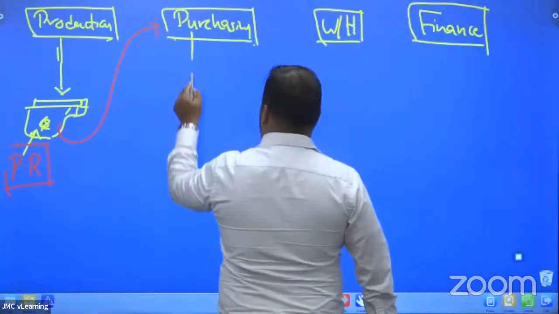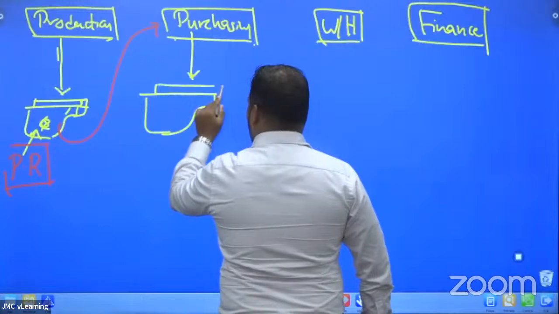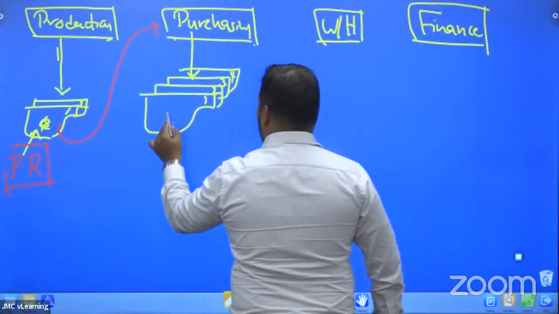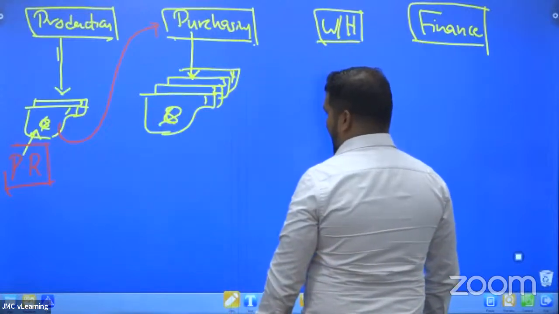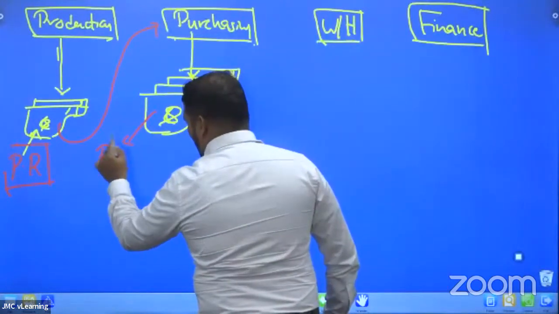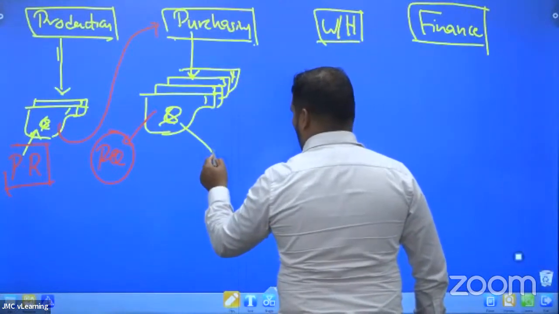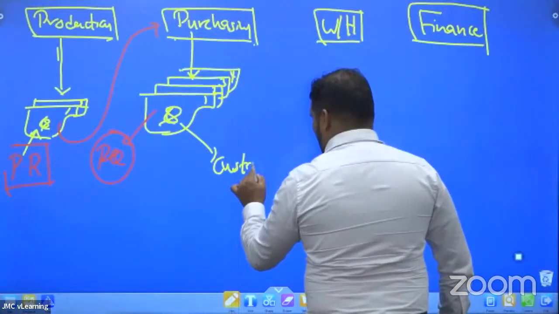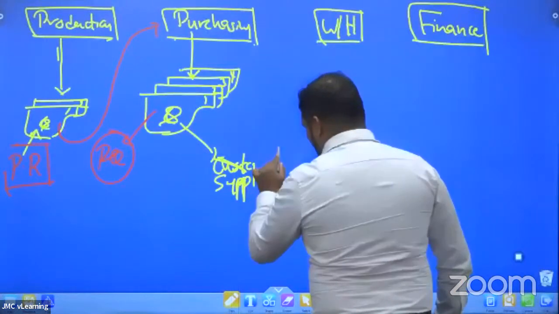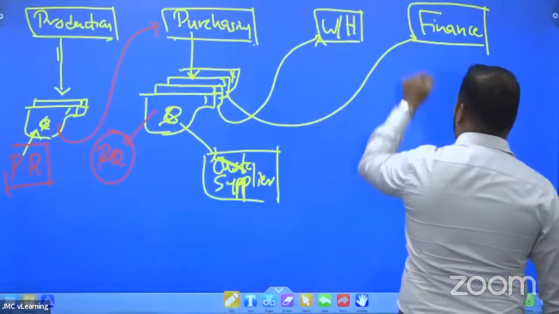Based on the purchase requisition received from the requesting department, the procurement department will prepare a document which has 4 copies, and it has to be approved by the purchasing manager. This is referred to as PO, purchase order. The original purchase order goes to who? Goes to the supplier, not the customer, the supplier. Then the second copy goes to the warehouse and the third copy goes to the finance.